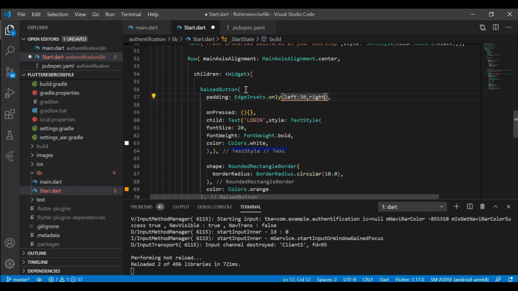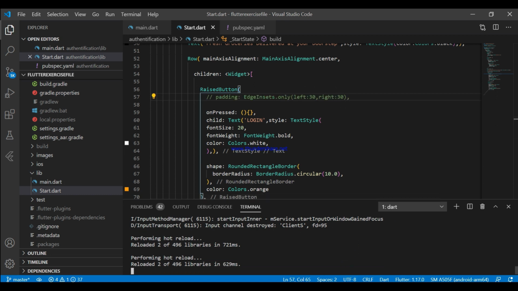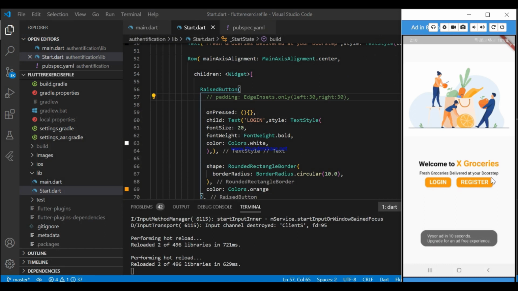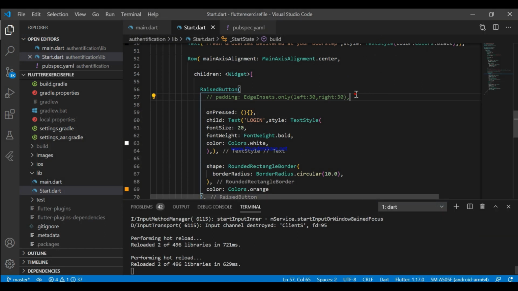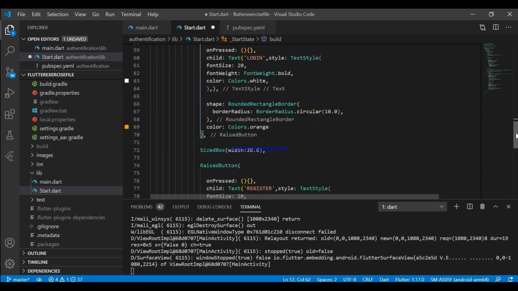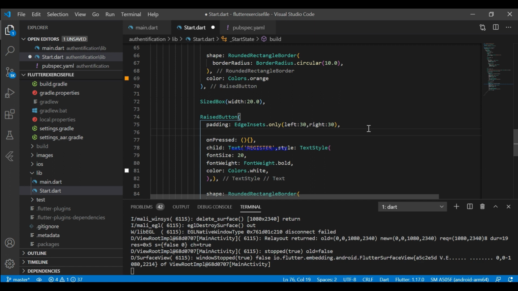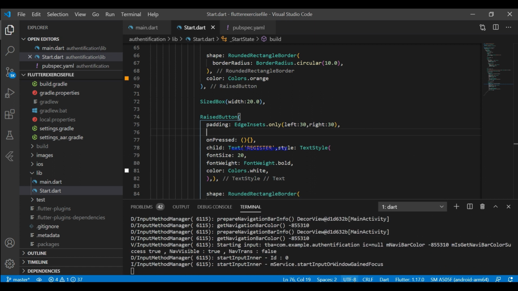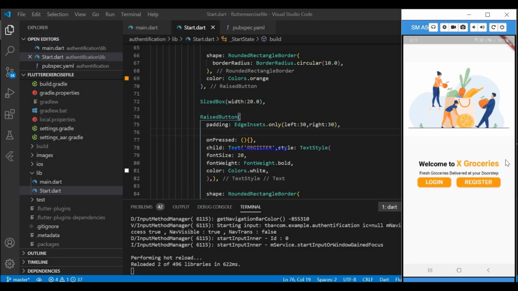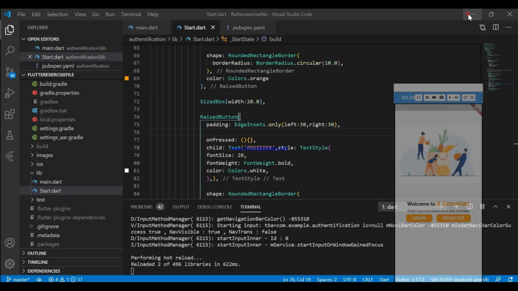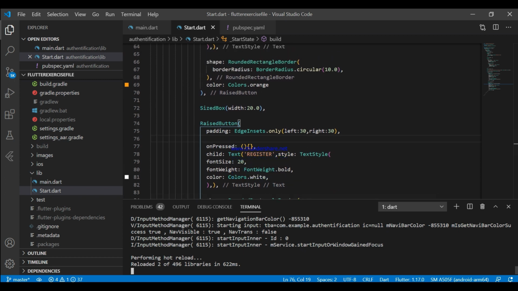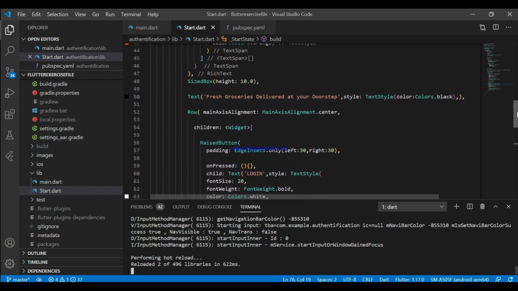And after this I'm commenting this line. Just wait for a minute, I'll show you why I have commented this line. Now look at these raised buttons, and let's uncomment this and paste this padding here as well. Now we need a hot restart. Now as you can see, the raised buttons have stretched a little bit, that's why I've used padding.